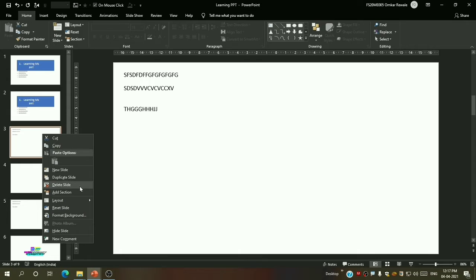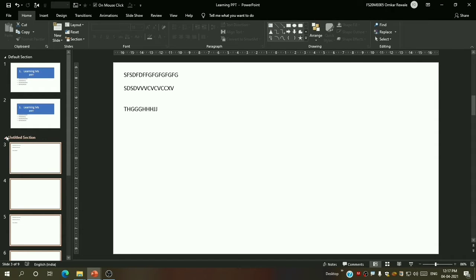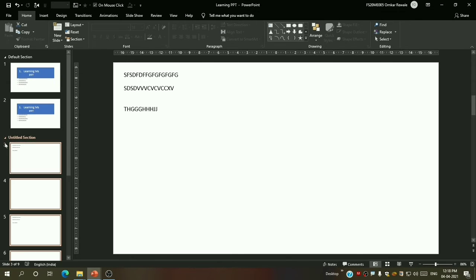Again, I can say add section. This is to add some sections and categorize the slides. Let me say add section. The section has been added. I can rename the section to anything. For now, let me keep it as untitled section. I can also close that from here by this arrow.